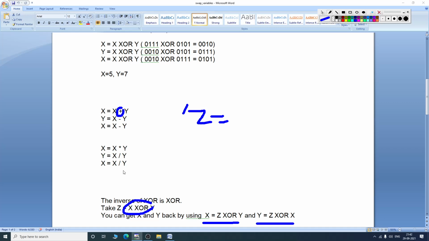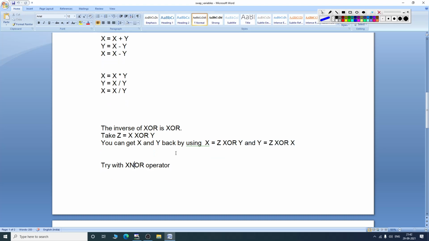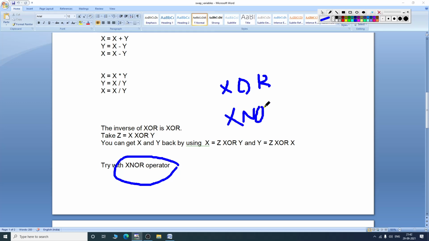Now if you think about this, you will see there is one more operator which is the inverse of itself, and the operator is XNOR. Again, XNOR is the opposite of XNOR, just as XOR is the opposite of XOR. You will ask, see, what does XOR do? If X is 1 and Y is 0, it gives the output as 1.